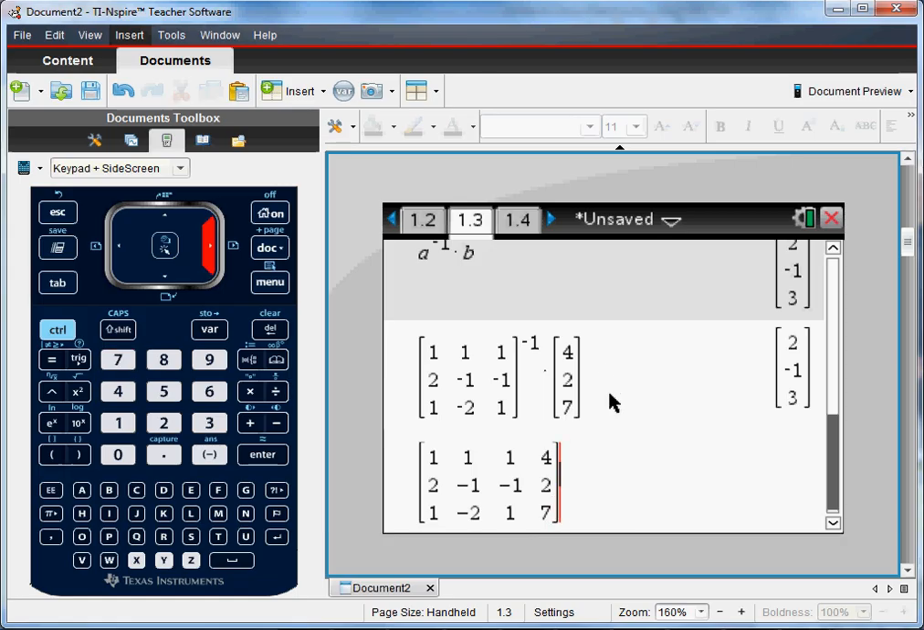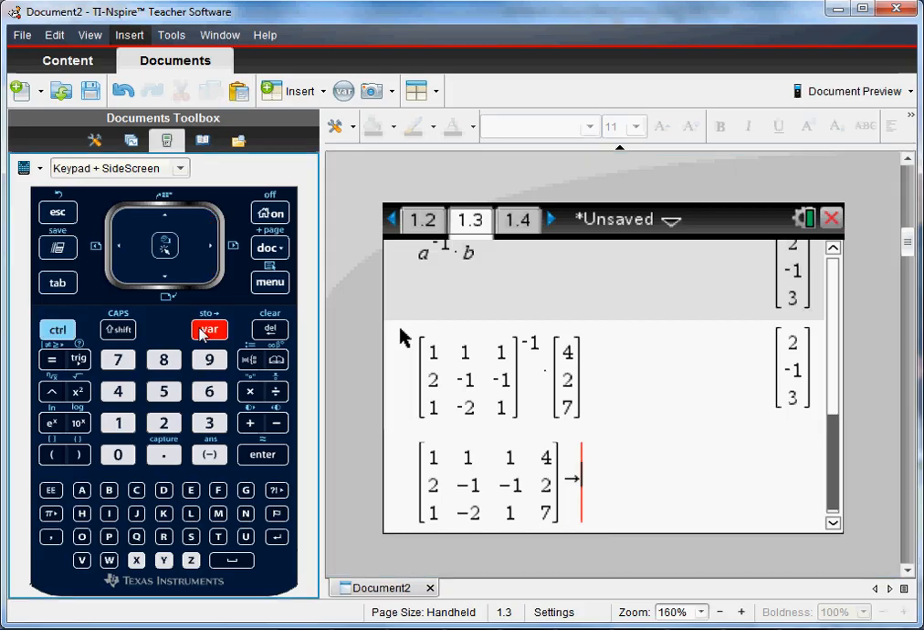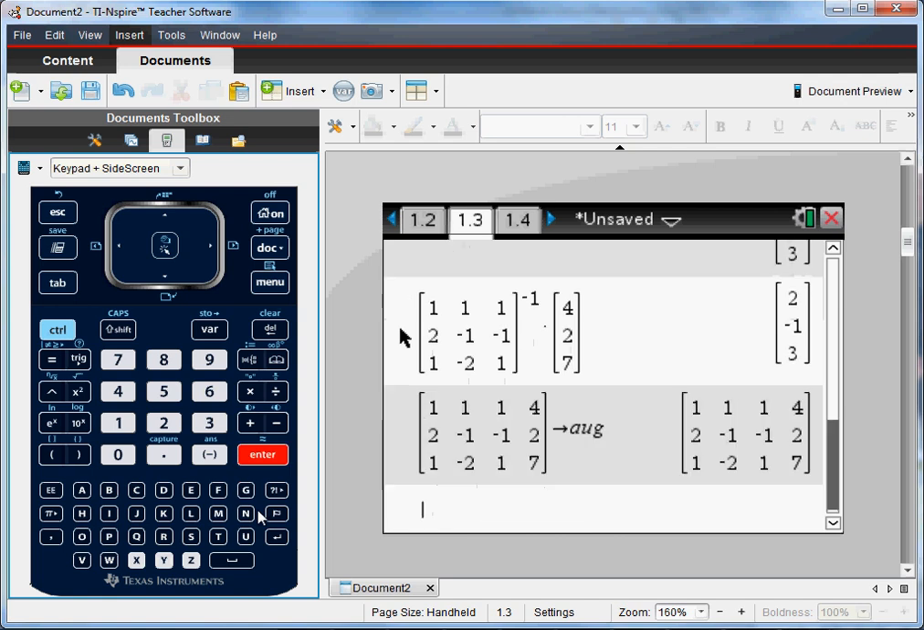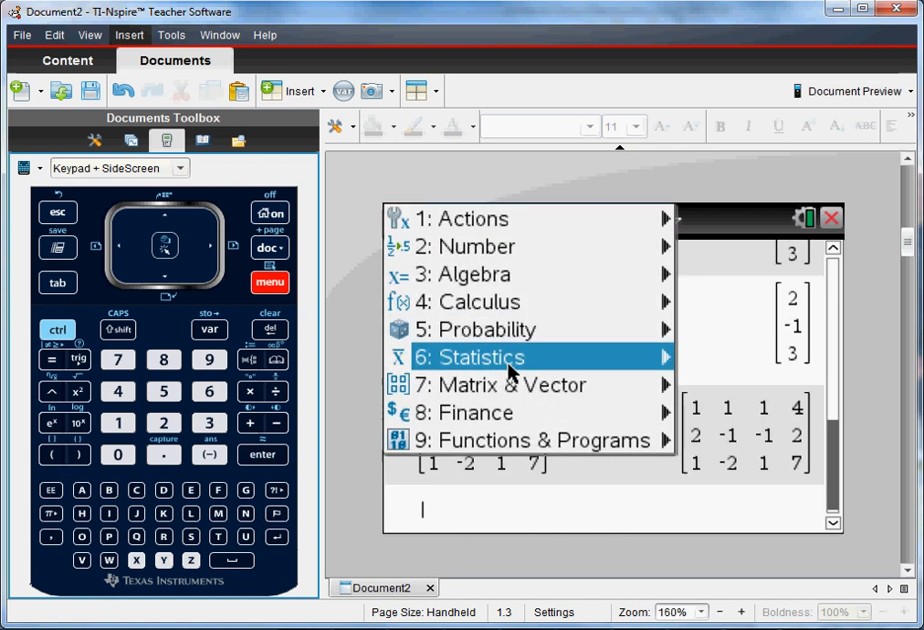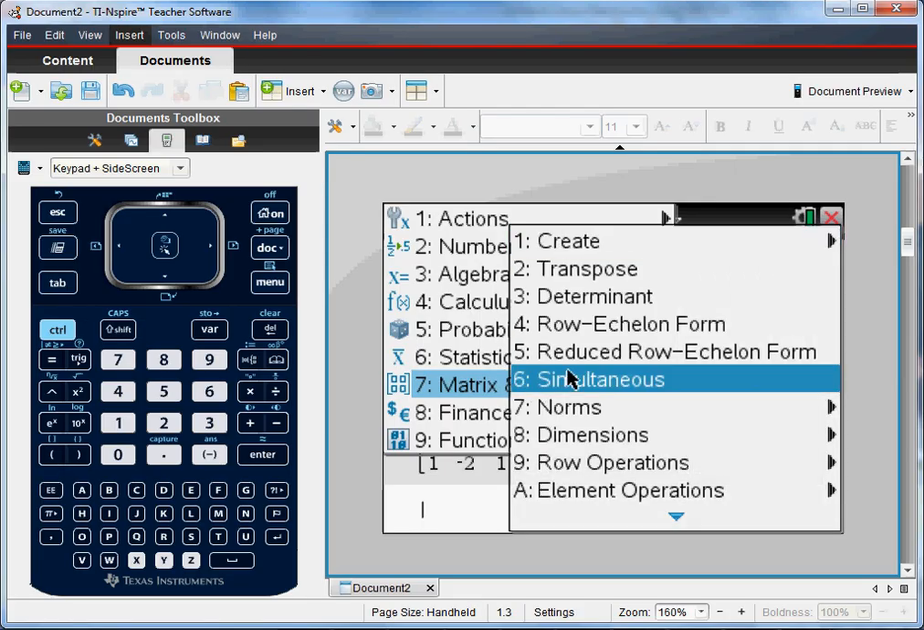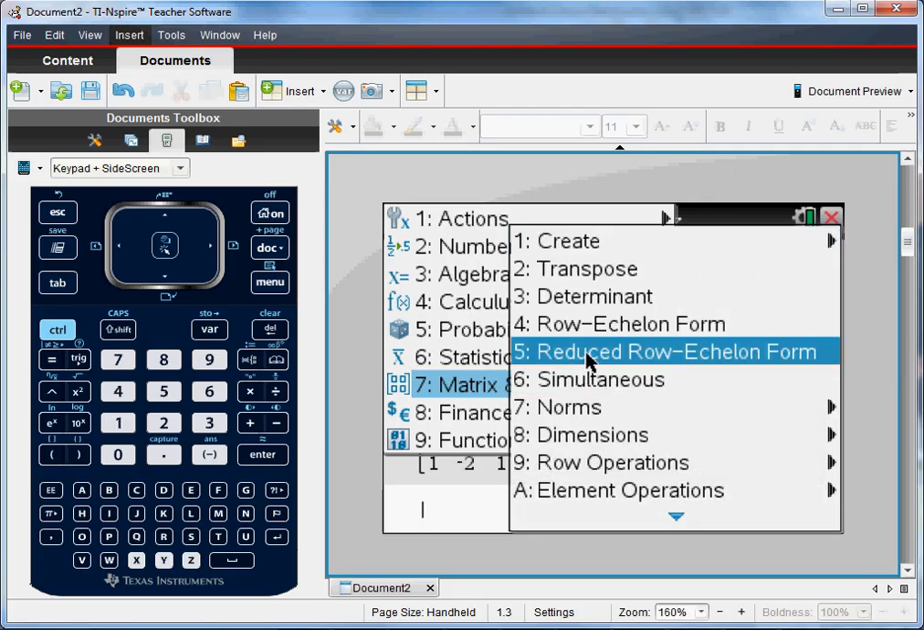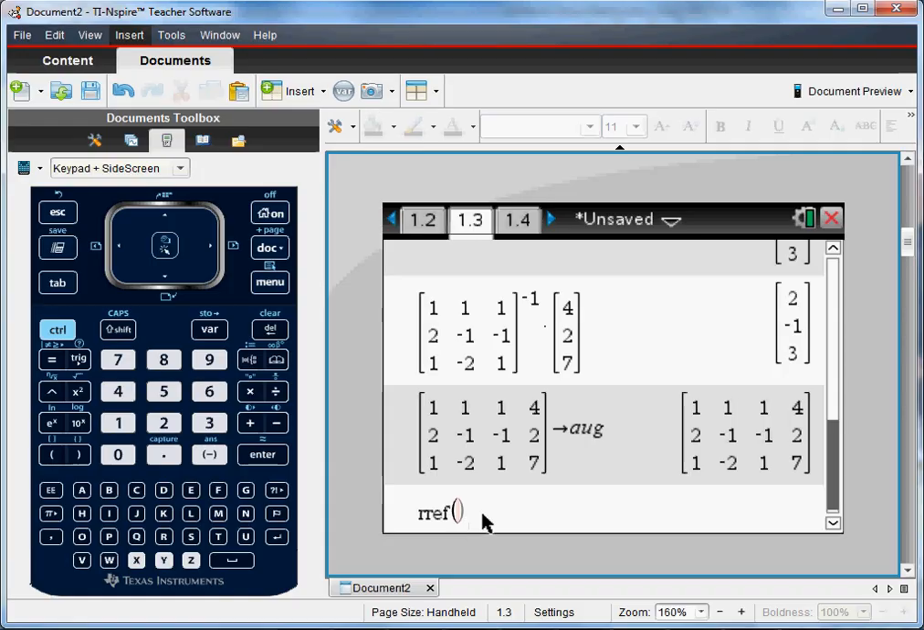And just to make things easier, I'll call that matrix C. I might actually call it matrix aug, because it's an augmented matrix. Okay. Now, if we go to menu, matrix vector, and if we get the reduced row echelon form, RREF, and take that of aug,